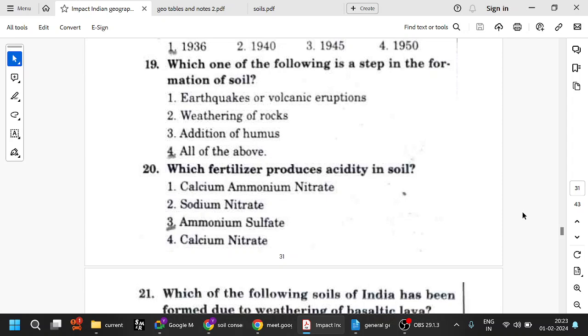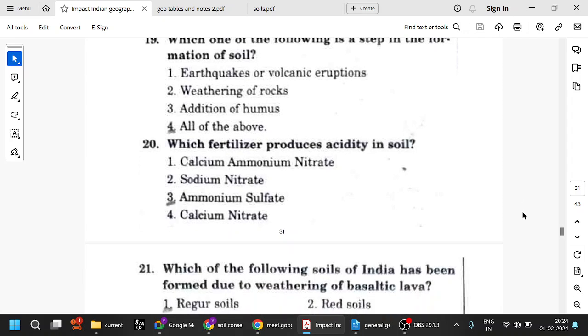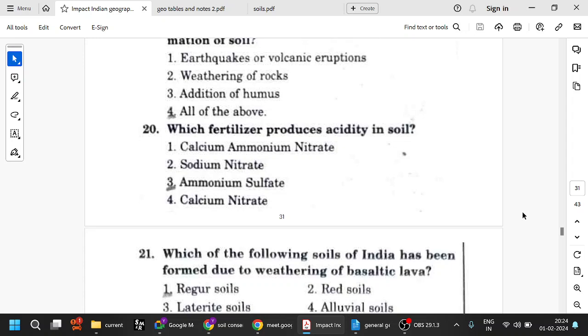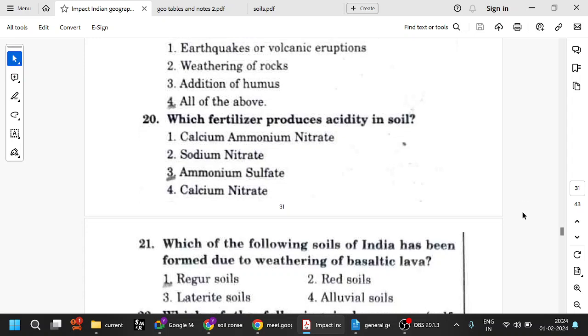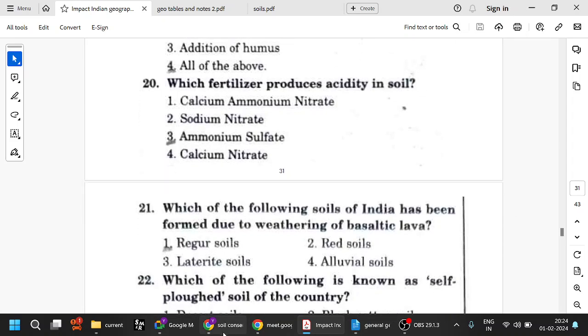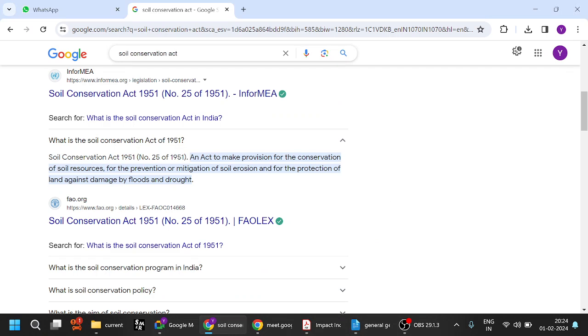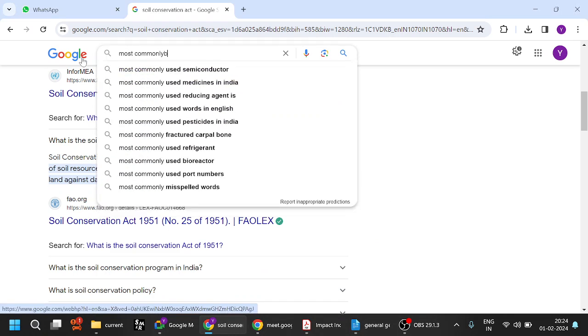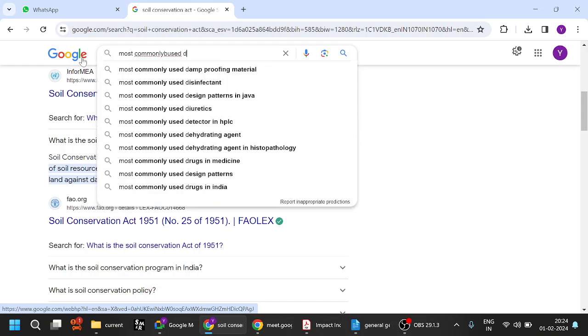Fertilizer subsidy has been reduced by a huge extent in the recent budget. Okay, not this budget, the one that came yesterday, not today, not that one. The budget before, in which we have seen that fertilizer subsidy has been reduced by many lakhs of crores or something. So all those are also important. And most commonly used fertilizers are NPK.